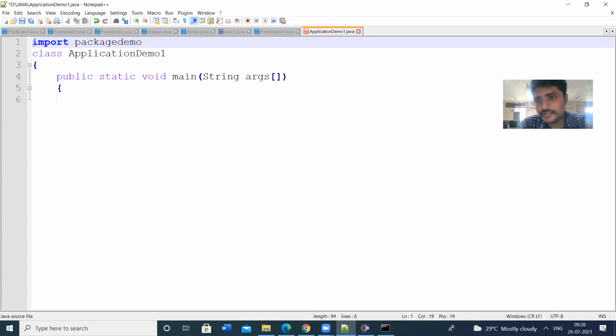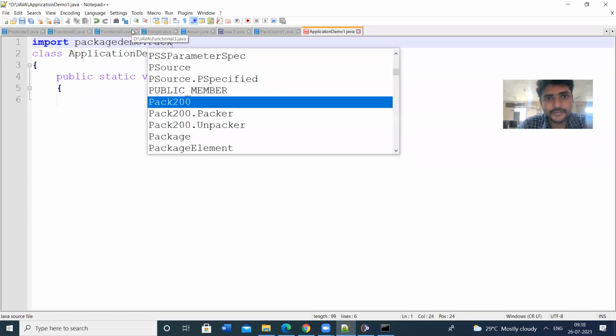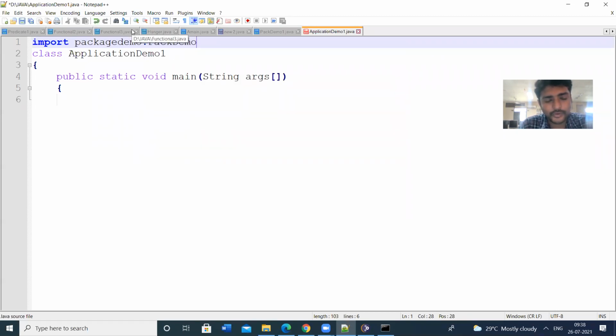So if you want to import all the classes in the package, we will use the asterisk. But if you know the class name, we can use the class name. What is the class name? The class name is packdemo1. Packdemo1 is my class name.